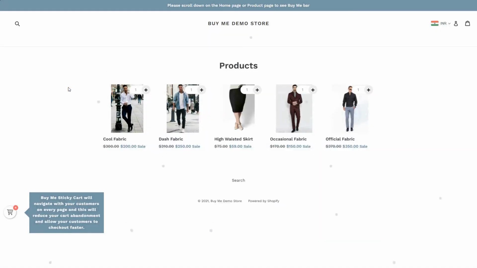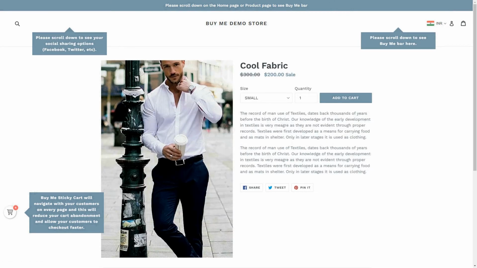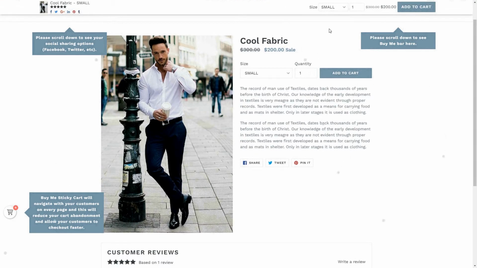As you can see here on the collection page, the Buy Me app displays the Sticky Buy Me cart feature and the Quick Buy Me widget feature. Same way, on the product page, the Buy Me app displays the Sticky Buy Me cart feature and the Sticky Buy Me widget feature.